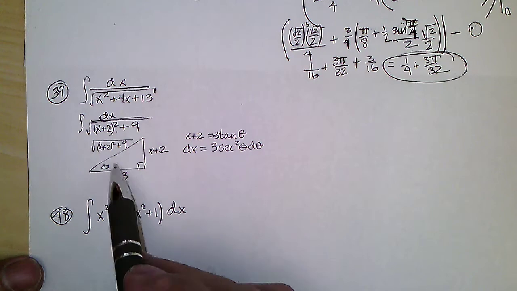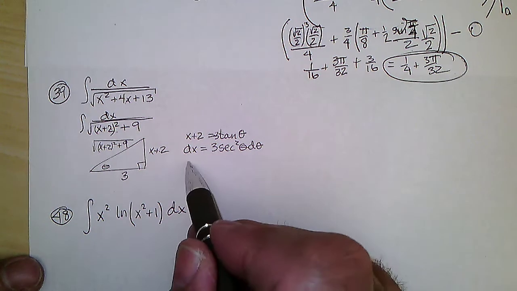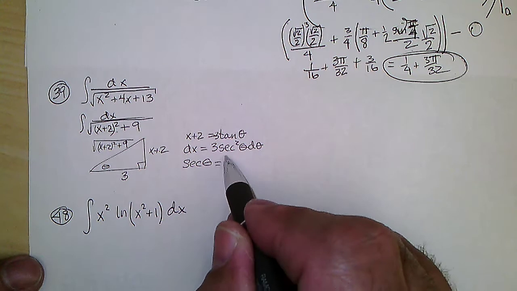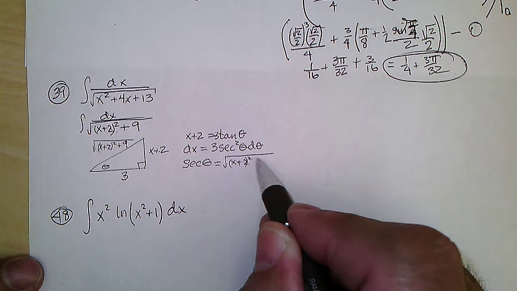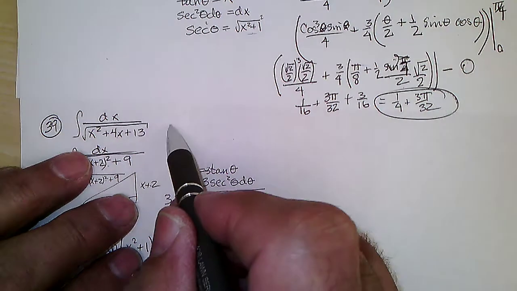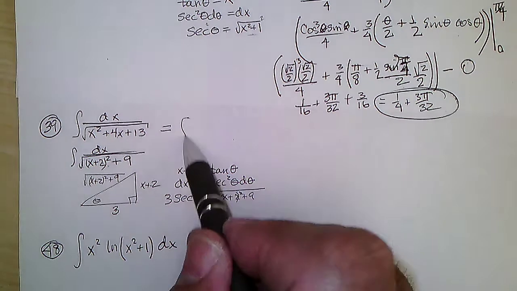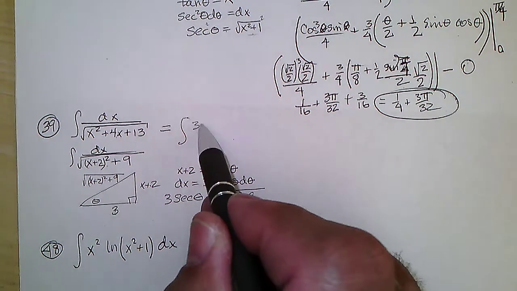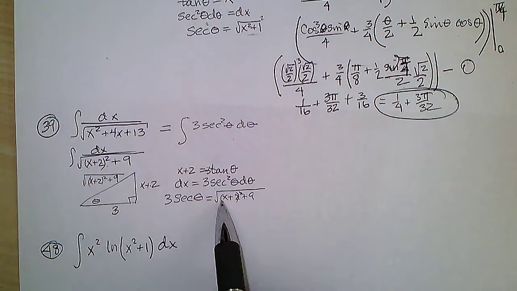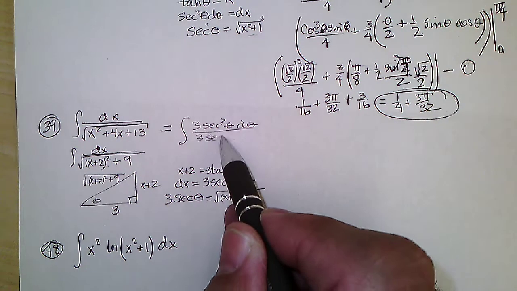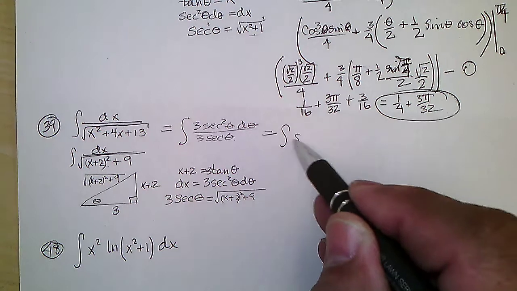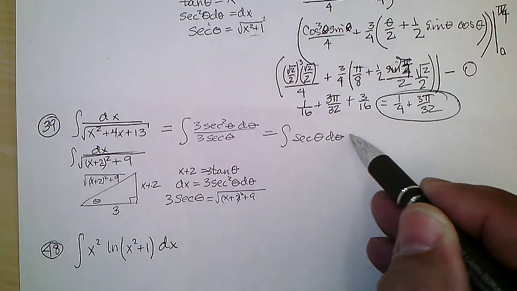And this messy square root thing, going with the 3, that would be secant of theta is hypotenuse over adjacent, so that's the square root stuff over 3, so put the 3 there. So now this integral becomes, the dx is 3 secant squared theta d theta. The square root thing becomes 3 secant theta. The 3's cancel, one of the secants cancel, and I have the integral of secant theta d theta, which is